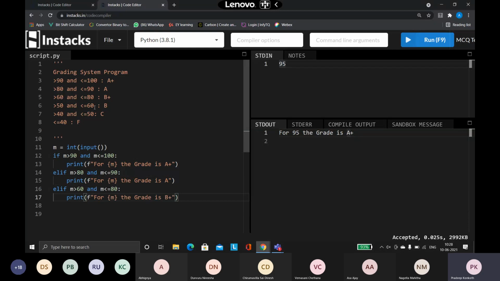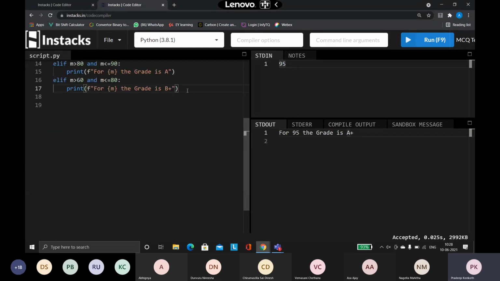The next condition we are going to check is for B, so again add another elif. I told you, as many elifs as you want, you can keep on adding in your program. There are no restrictions on it. If m is greater than 50 and m is less than or equal to 60, my range condition, then I am going to say my grade is B.